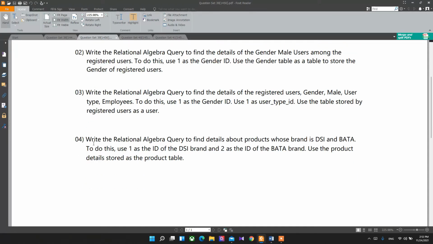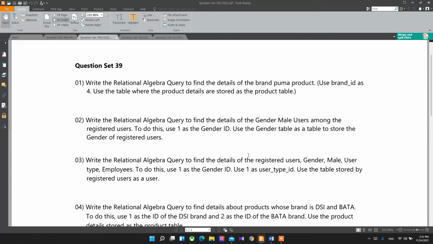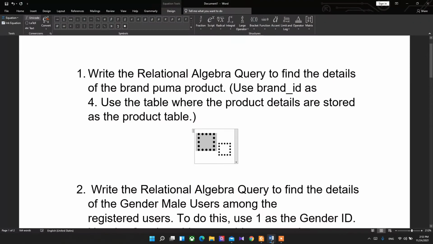And for the fourth one, write the relational algebra query to find the details about the products whose brand is DSI and Bata. And to do this, we have to use those IDs as well in here. So I'm going to do those in Word because we have no other software to do that. So first I'm going to do the first one, write the relational algebra query to find the details of the